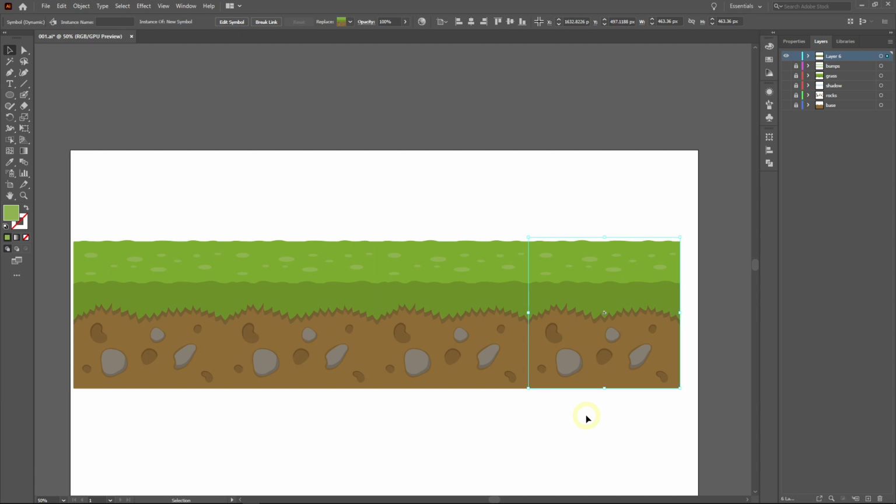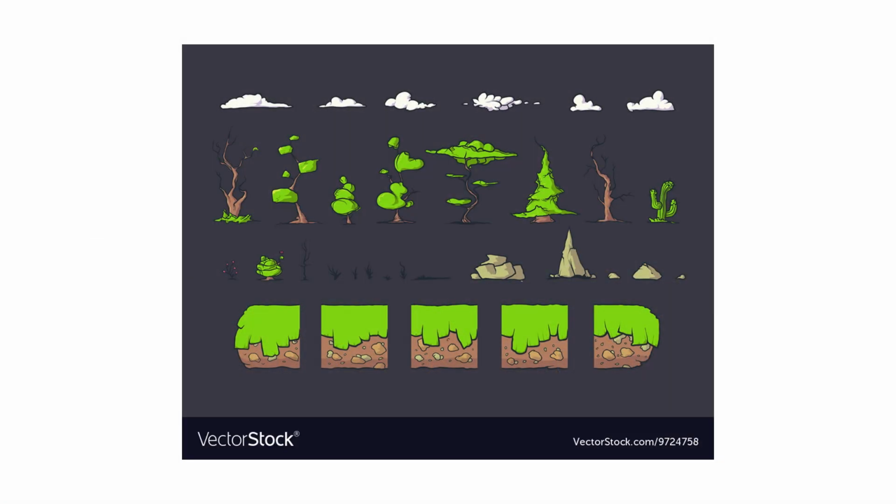One last tip from me in making game tilesets like this is to make at least 3 versions with different formations of grasses, holes, and rocks. Just make sure that the left and the right ends can be connected perfectly without any visible seams. Just as an example, this is a game artwork I found on Vectorstock. We can see there are 3 variations of the middle tileset. Later, in the game engine, you can use scripting to randomize which tileset will be displayed. Hopefully, the tileset will not look too repetitive.